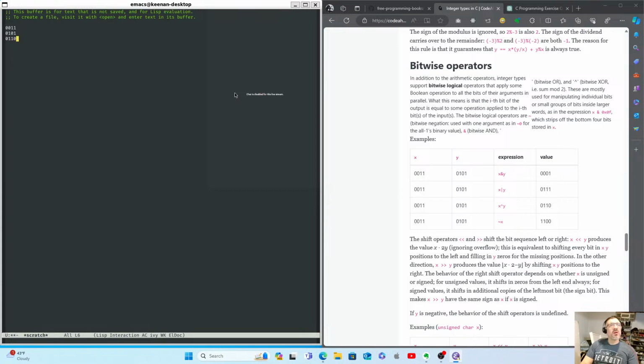How does that work? How does that get that value? So that's 0. That's 0. That's 1. Okay, so then this one's 0011, 0101. So that would mean that X or Y